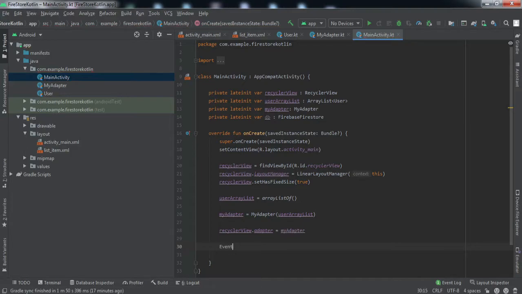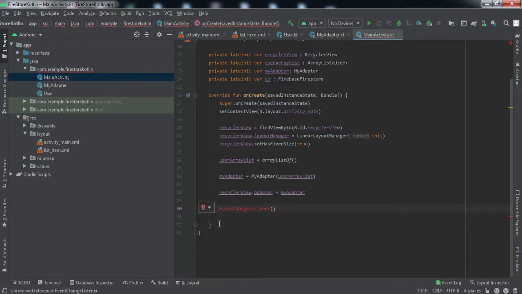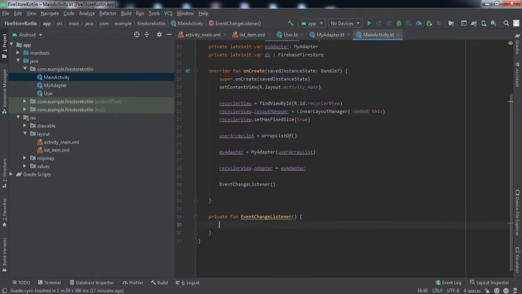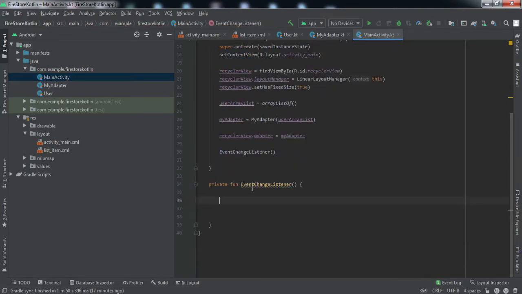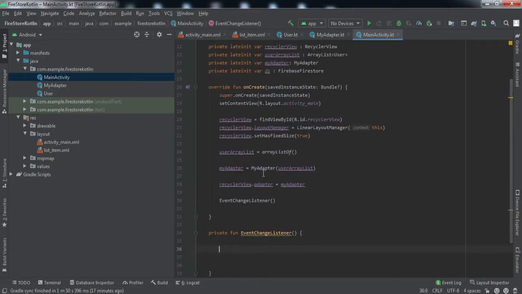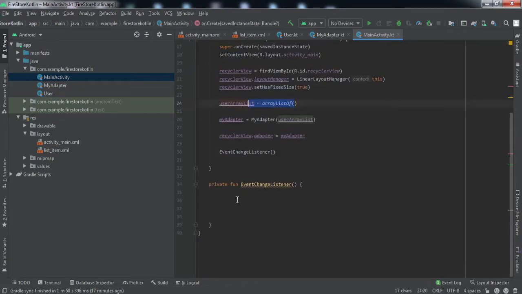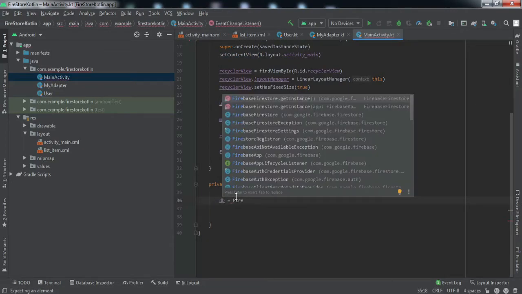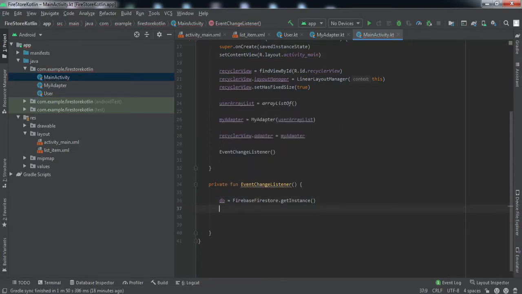And now we are going to call a method. So let us just create this method. So inside this method we'll fetch the data from the Firestore, right, and we'll just put that data inside this array list. So for that, db is equal to FirebaseFirestore.getInstance. So db.collection, the name of the collection is users, and we'll add the snapshot listener and we'll pass the object here.